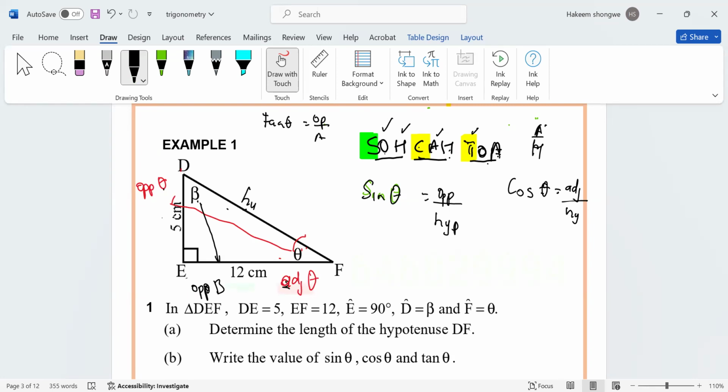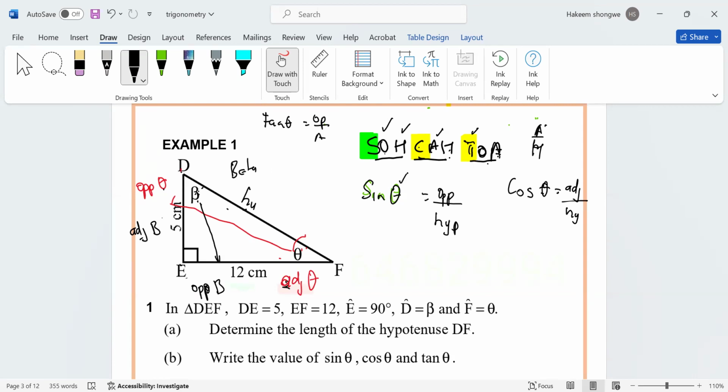So what will you say about DF? DE is going to be adjacent to what? To beta. Theta. Adjacent to beta. Again, this one is beta. This one is theta. The other one is what? It's theta. Okay, now that we have this in our system, it means we can come and say,